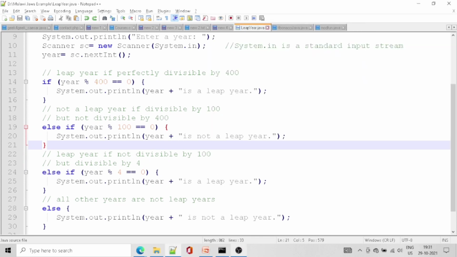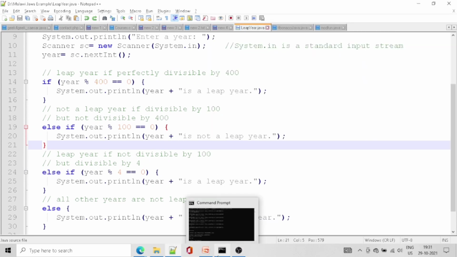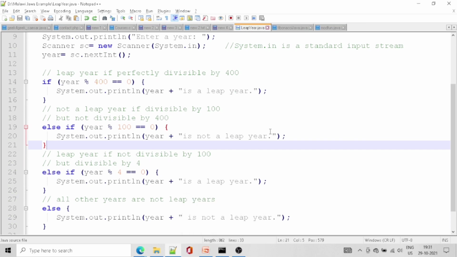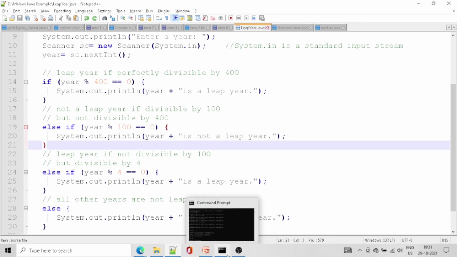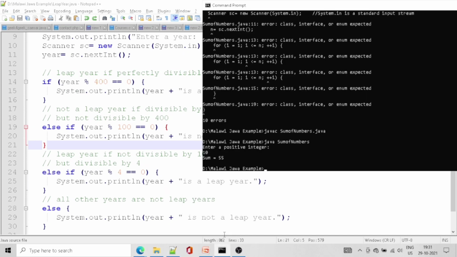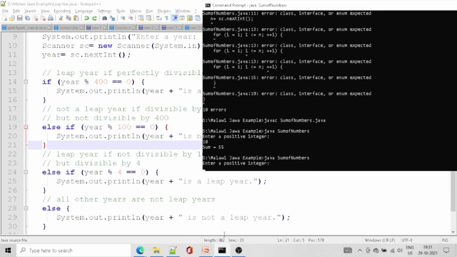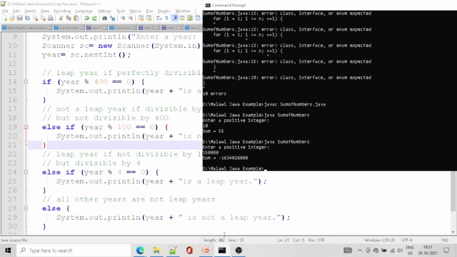So what happens if you give more than a lakh? We will run it again and give 1,50,000.